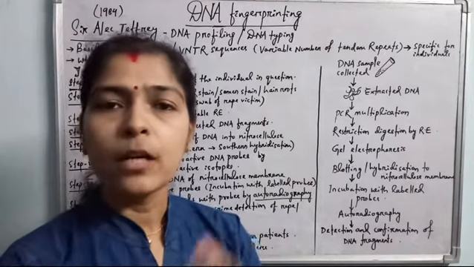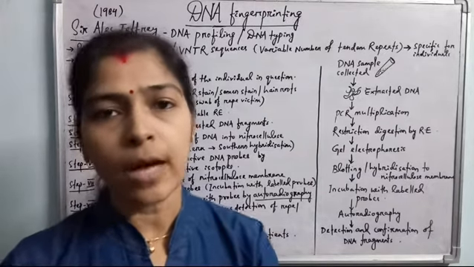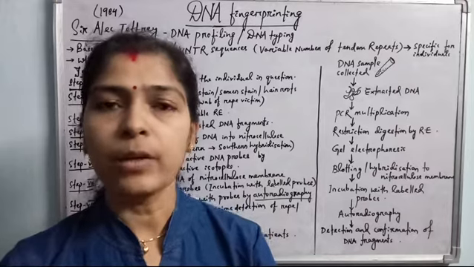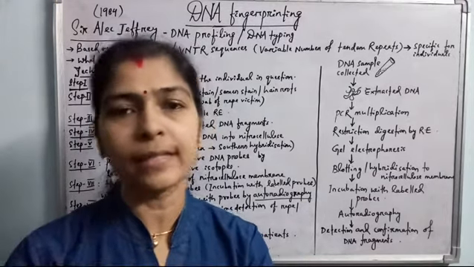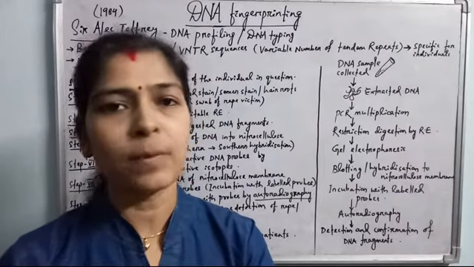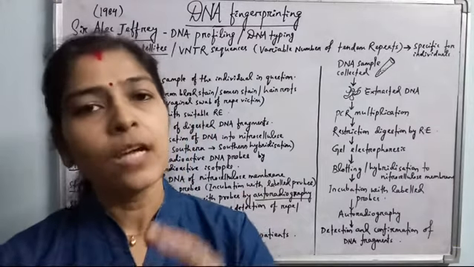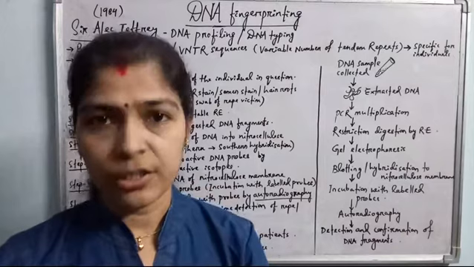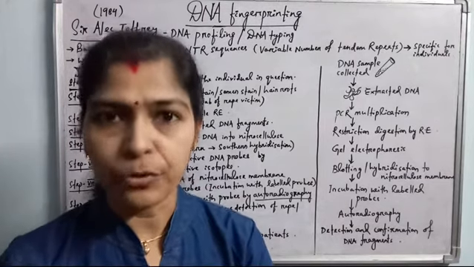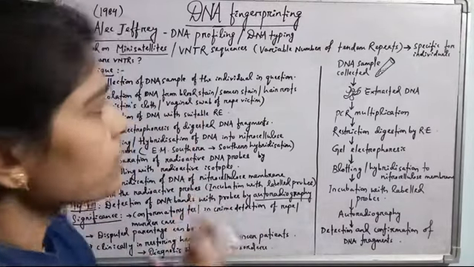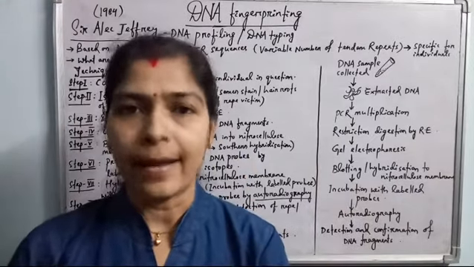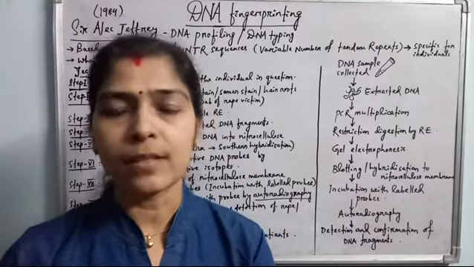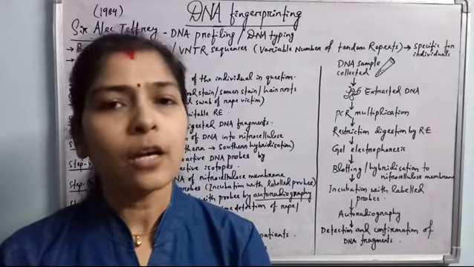Based upon this DNA sample, probes are prepared. These are radioactive probes. These probes are single stranded DNAs which are synthesized based upon the VNTR sequences, and they are also attached with radioactive elements to make them radioactive. Based upon these probes, the DNA sample collected from the suspects is analyzed, and if any hybridization occurs, then the suspects are confirmed.